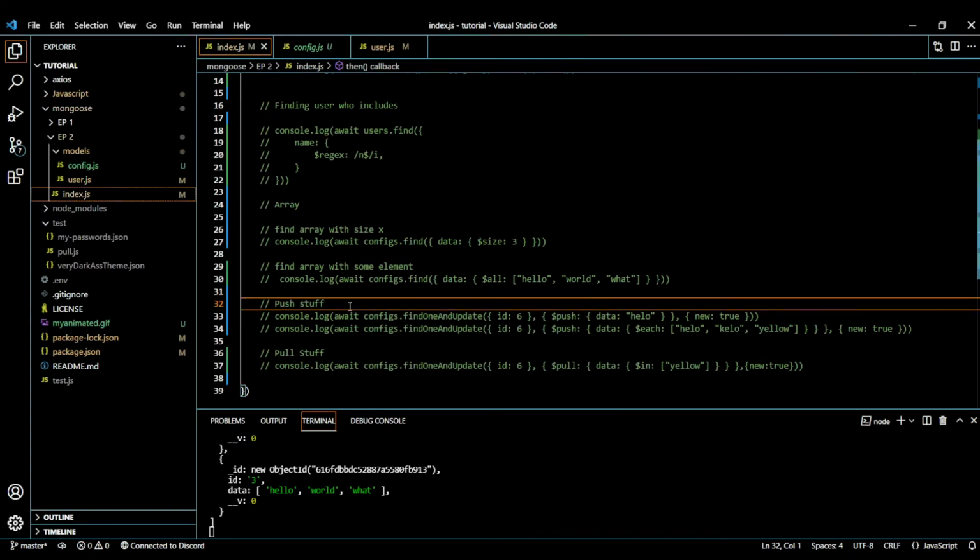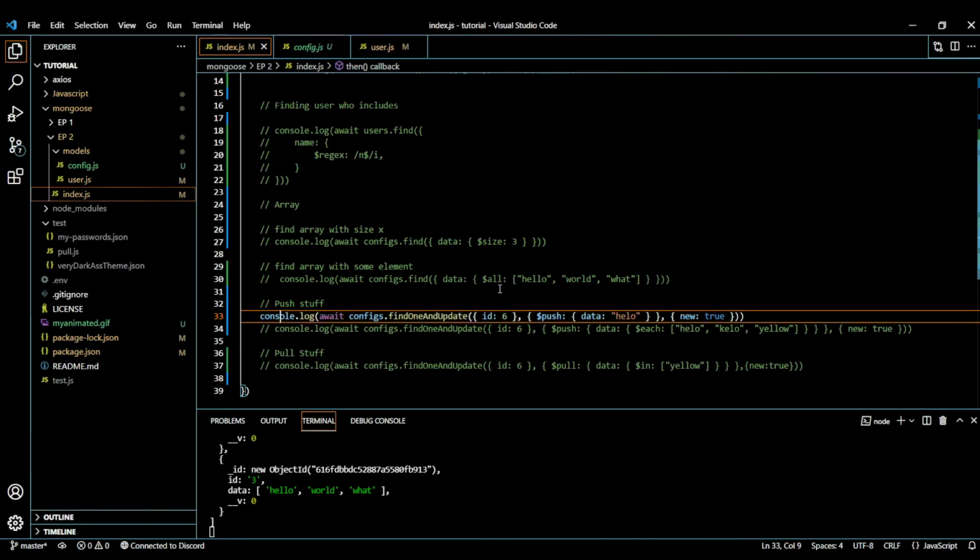But I will tell you a better way, or I should say a different way for that, and it is pretty easy. Let me show you. First of all, if you just want to update or add a single value to your thing, you just need to do configs.findOneAndUpdate. Well, you need to provide a filter.